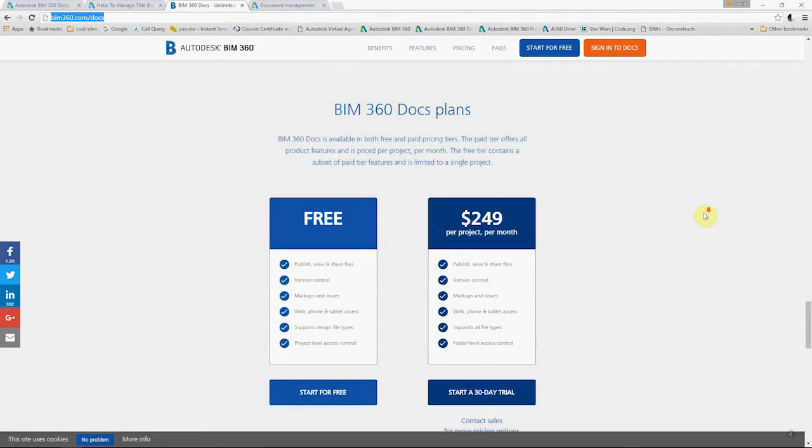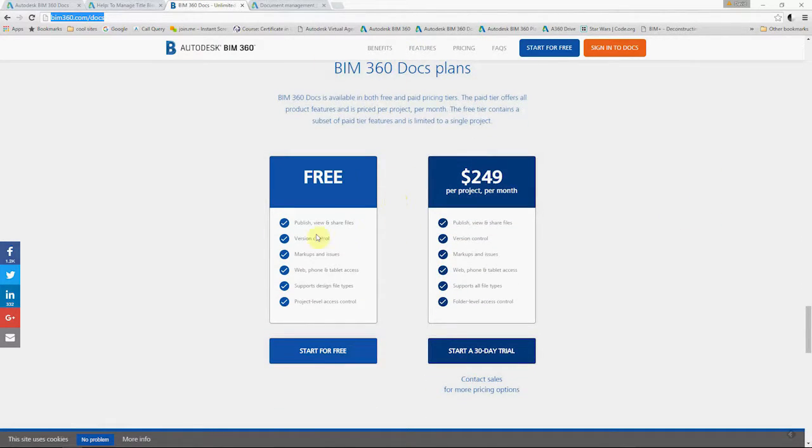Now, the main difference at the moment is with the free version, you have the ability to assign permissions to the top level only. On the paid version, you have the ability to assign permissions on a folder by folder basis and subfolder basis. Now, it says 249 per project on this at the moment, but